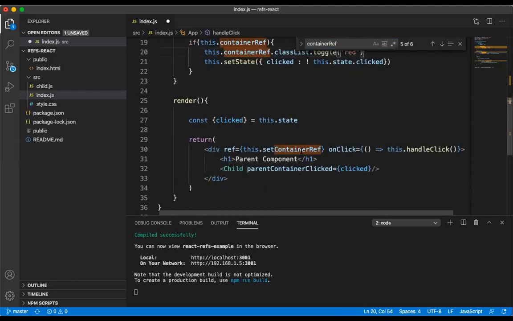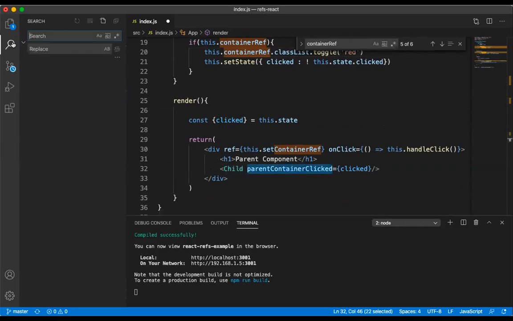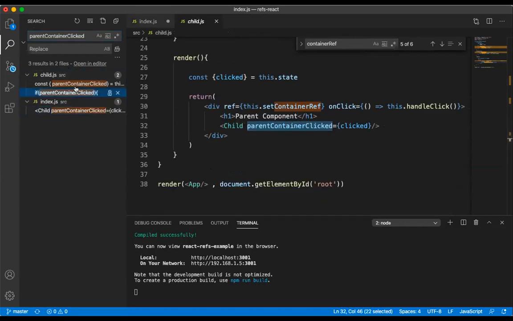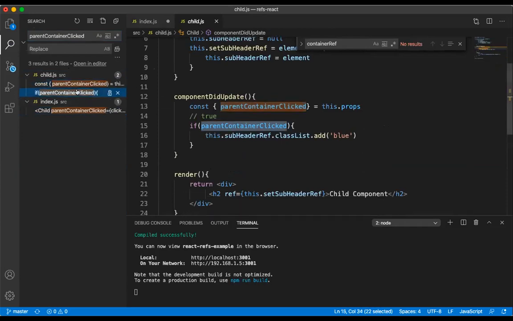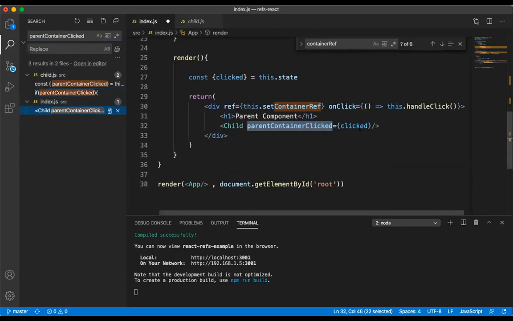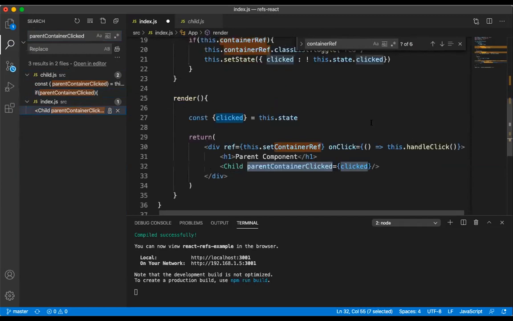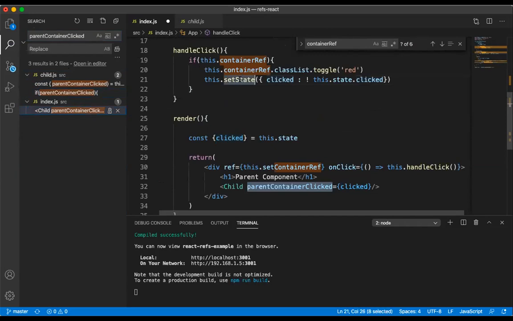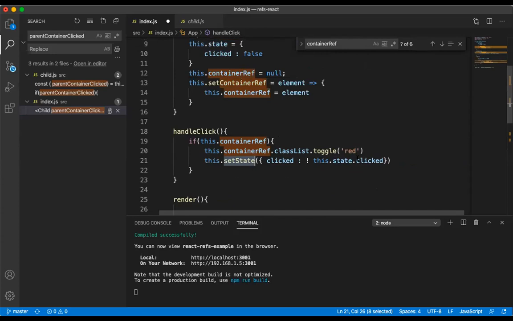It is going to become red, and obviously inside this I again have this child component. Here I am having this child component, so I am going to pass a value to the child component. From here I am going to get the clicked value. What is my clicked value? It depends upon whatever I am clicking here. Suppose I click here, true, first time initially it is false. That's why it will become true.